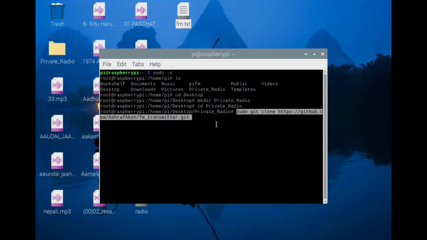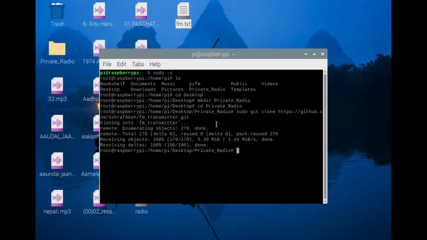This is the code to be cloned from the GitHub. Once it is done,